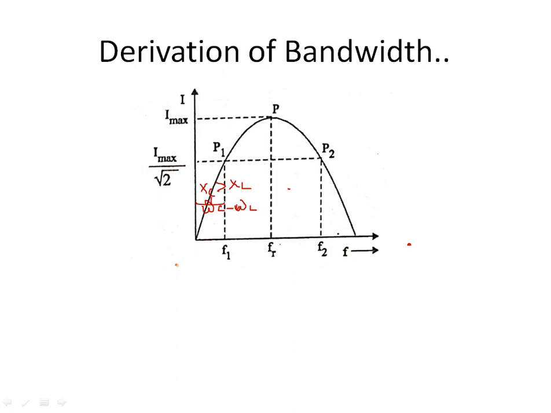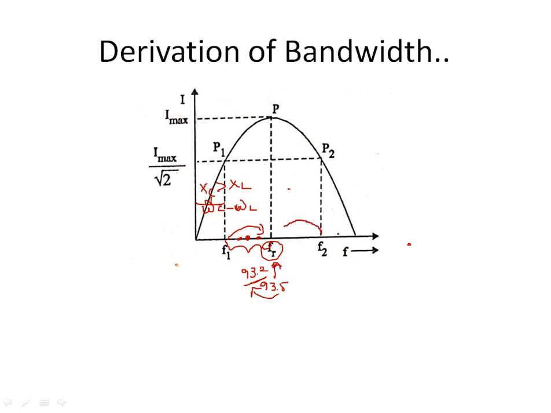Actually, suppose you are listening to Suryan FM, 93.5 is the exact noise free available channel of Suryan FM. But if you shift that frequency to 93.2 megahertz, that is you reduce it by 0.3, you can listen to Suryan FM but with some noise. So here also we have to receive some channel, some information. So from F1 to F2 we have to receive the information but not with clarity. Hence we have to move F1 towards FR.